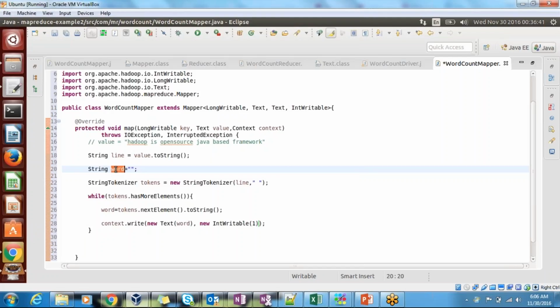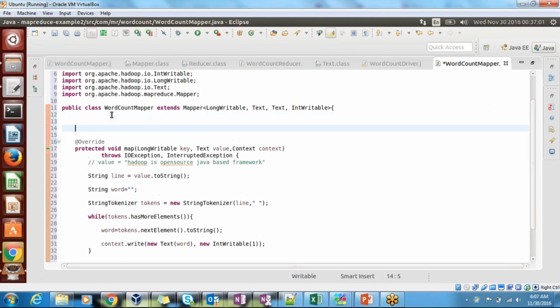So we should be very careful while using strings. We should be very careful while we are creating strings, and while we are creating objects like this, because this will kill our RAM memory, I mean heap memory. It will eat up the heap memory, and your application will not run. So instead of that, what I will do is create a Text type object